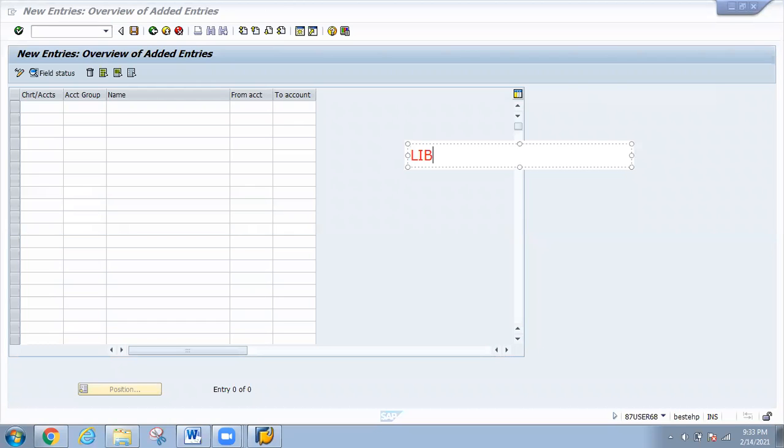First one is for liabilities, another one is for assets, income and expenses. We need four characters to define this account group. It can be numeric or it can be alphanumeric. So in these four groups, I have to assign the GL account number range.